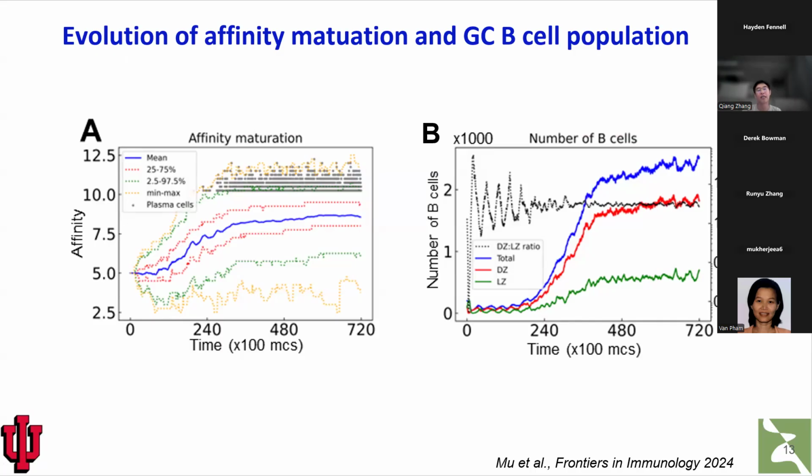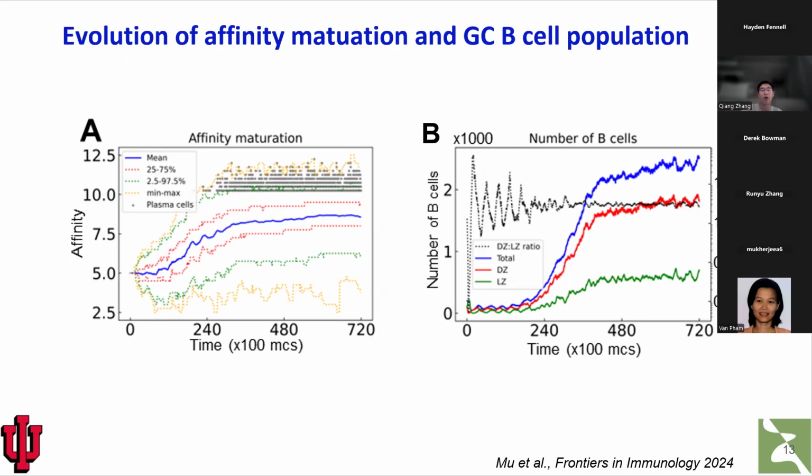But because of a positive selection process, the mean affinity over time progressively drifts to a higher level, all right? And we have a wider dispersion of the distribution of affinity in these B cells. But only when those B cells have a very high affinity is that going to trigger terminal differentiation. Those are the B cells, the green dots here, that eventually become the plasma cells that secrete high affinity antibodies,